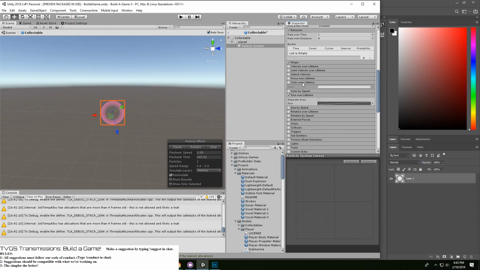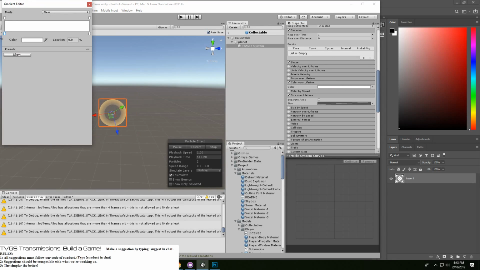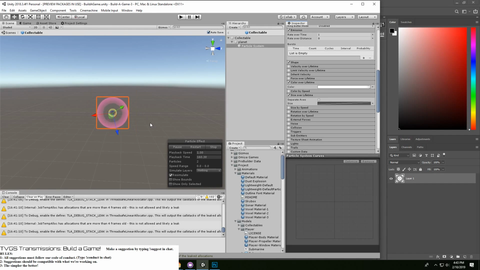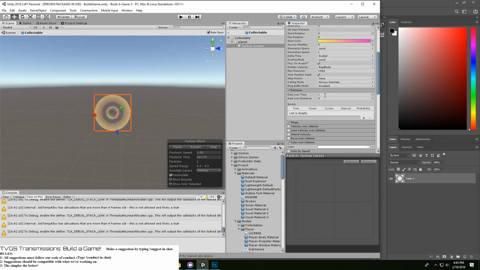We also want a color over lifetime to change the alpha at the very end there. We definitely want to change the alpha only towards the end. We might want to change the rate to a little slower, 1.5 or 0.5. Maybe 0.75.